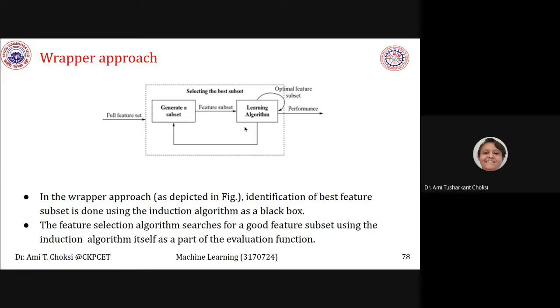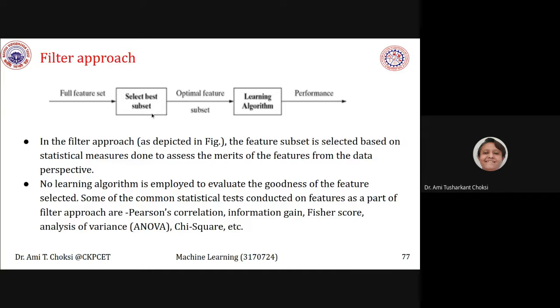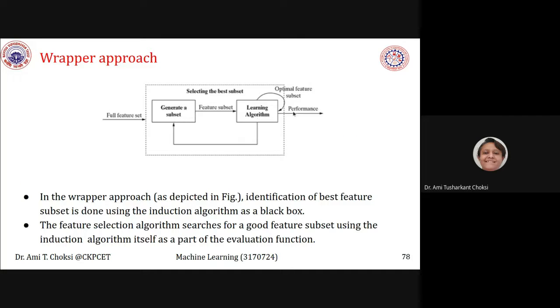Now what is the case in this? It seems similar to the other approach, but here we have considered the optimal feature set. Have we considered that over here? Yes. Here also we considered select best subset, and that is the optimal feature subset. So what's the thing? Let us see.